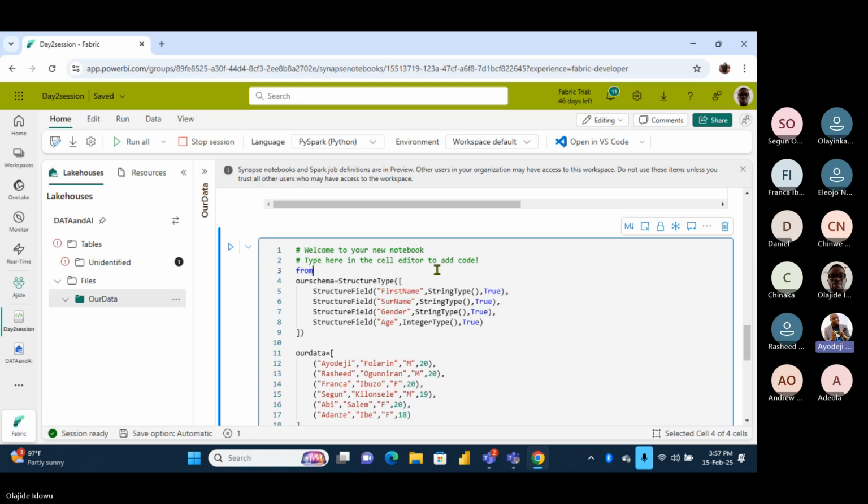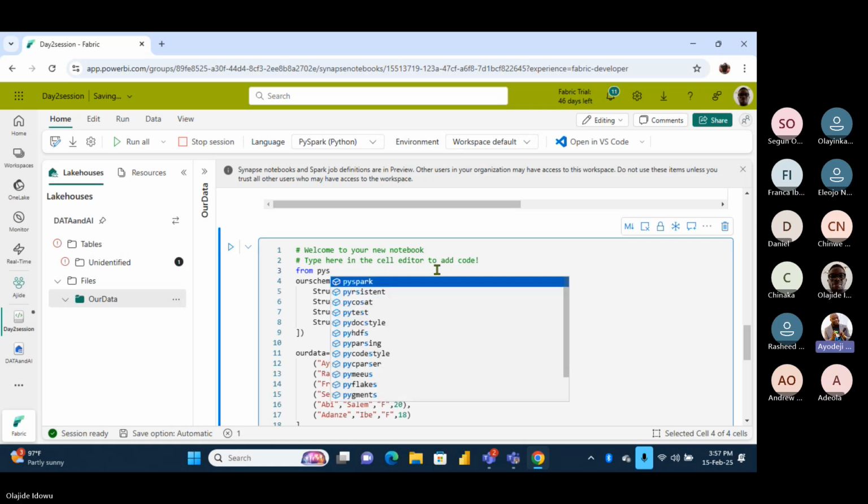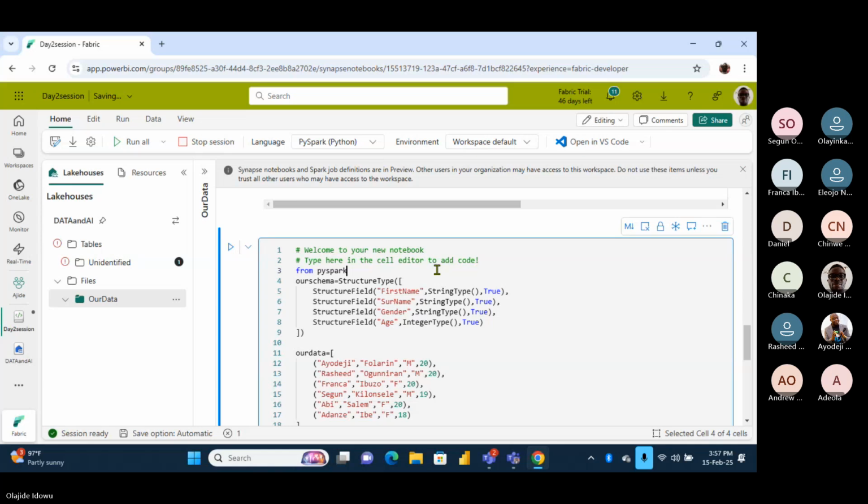From pyspark.sql.types, space, import, StructType, capital S. Look at the way you type StructType there.